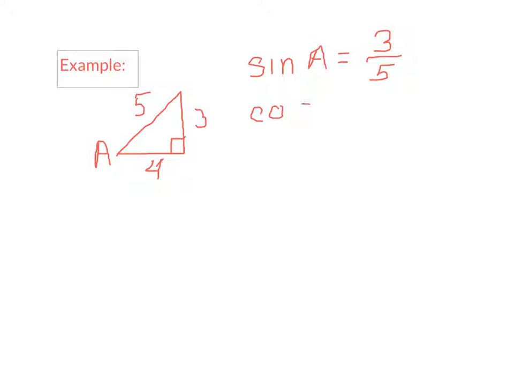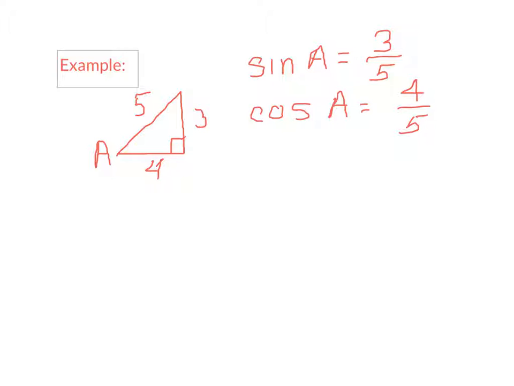Now, if you remember, cosine of an angle is equal to the length of the leg that's adjacent to that angle, divided by the length of the hypotenuse. Or in the case of our example here, it's going to equal 4 over 5. Okay? So the cosine of A is the length of the side adjacent to the angle divided by the length